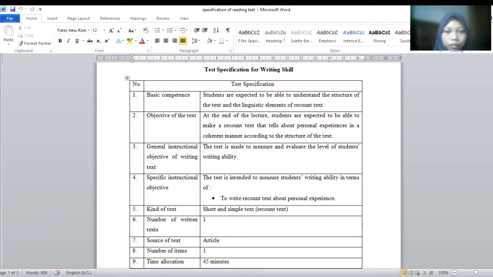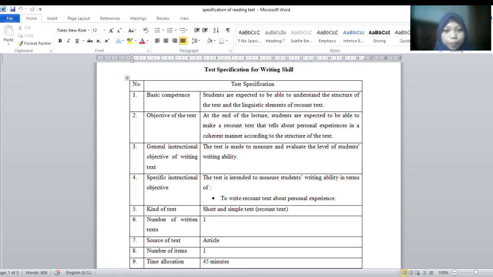For basic competence, students are expected to be able to understand the structure of the text and the linguistic elements of recount text. An objective of the text is, at the end of the course, students are expected to be able to make a recount text that tells about personal experience in a coherent manner according to the structure